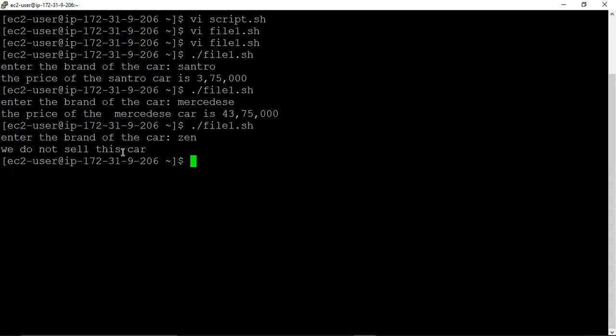We do not sell this car. Actually Zen is an old version of Maruti, so they have stopped manufacturing this car. So in this way we run the script by using a case statement. Do you have any doubt, friends?